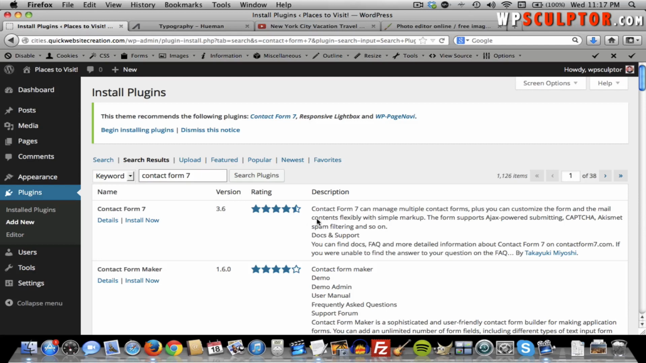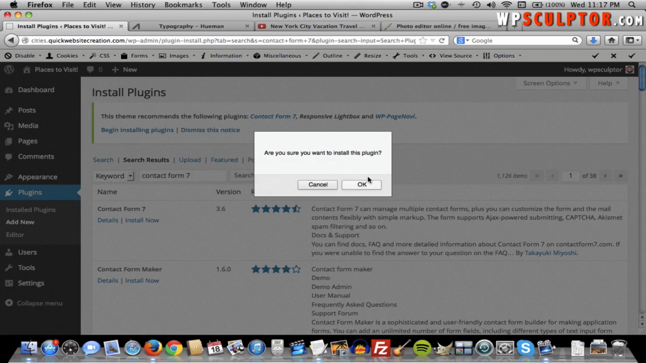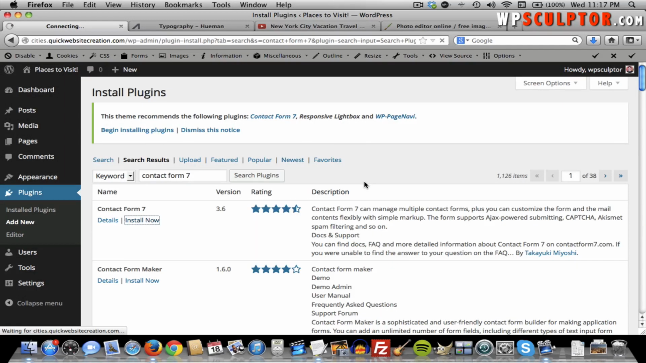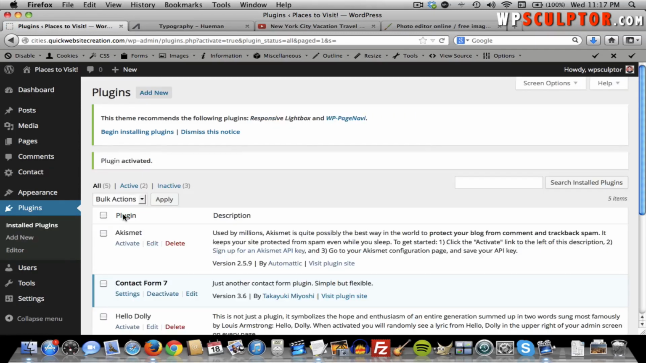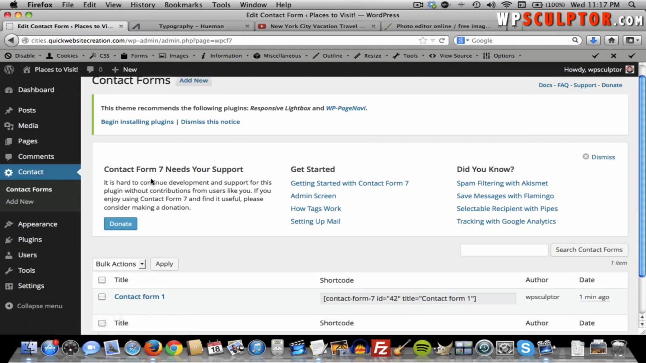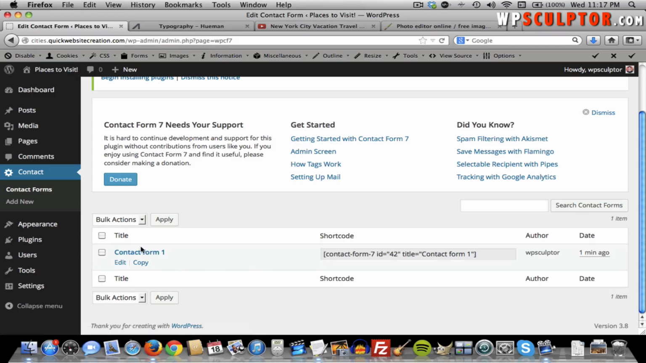You can see that it's gotten really good ratings. Go ahead and click on Install Now, and click on OK. And then we need to activate the plugin, so click on Activate Plugin. Alright, and now we have this new Contact tab appearing here. If we click on that, it's going to take us to this page, and by default you already have the contact form created. Just click on that,